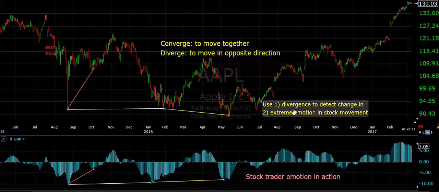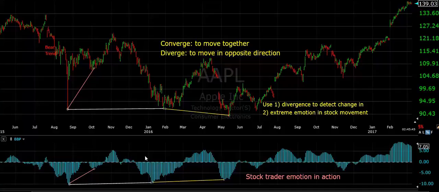So the next thing is to understand divergence. Use divergence to detect a change in extreme emotion. I want to point out divergence and extreme emotion. That's where we make our price moves. So we look back here, take a step back. This is of course prices, and this is what we call our emotional indicator. This just tells us when the emotion of the investors is changing and to pay attention for when to get